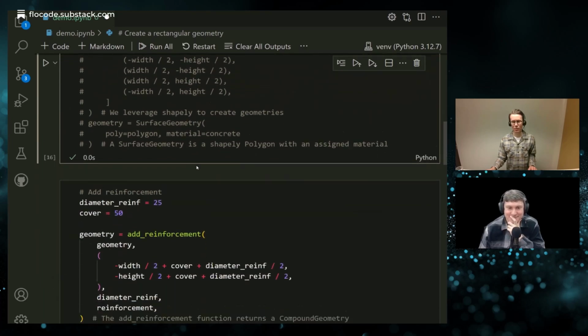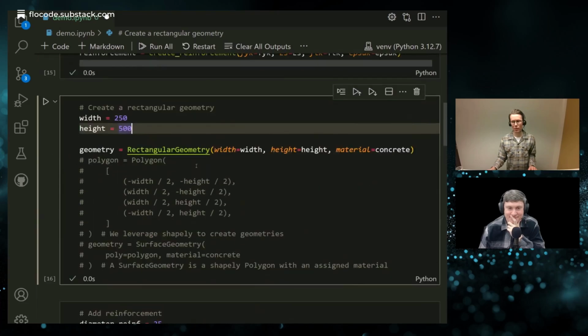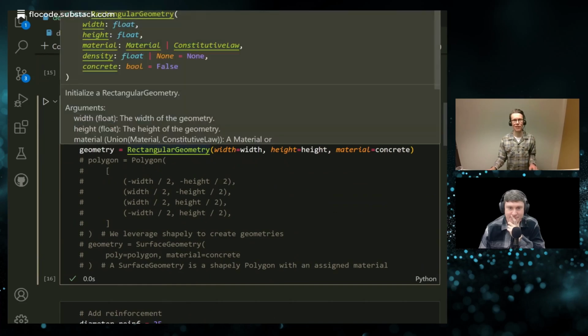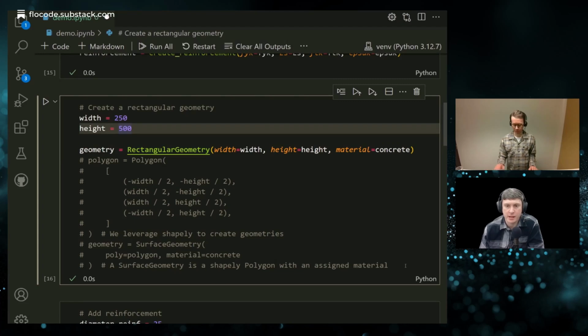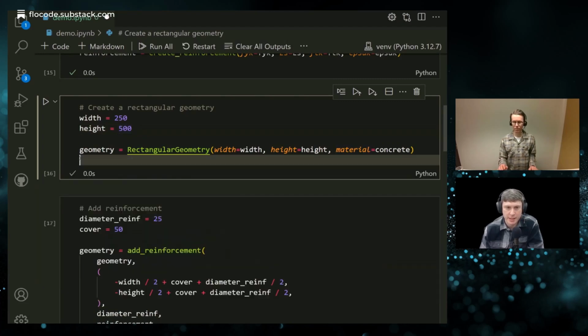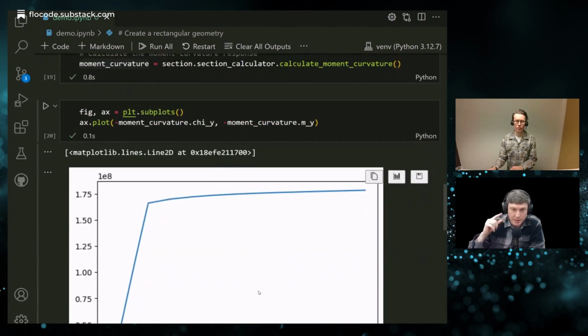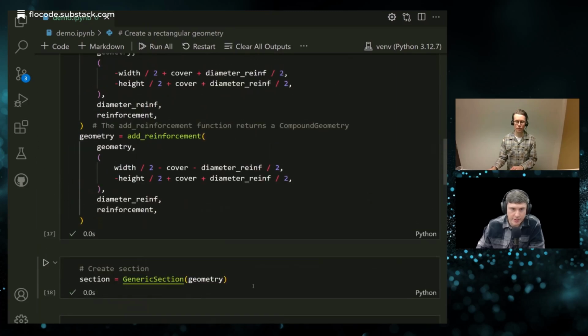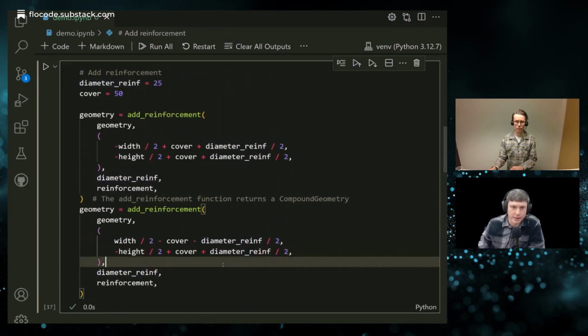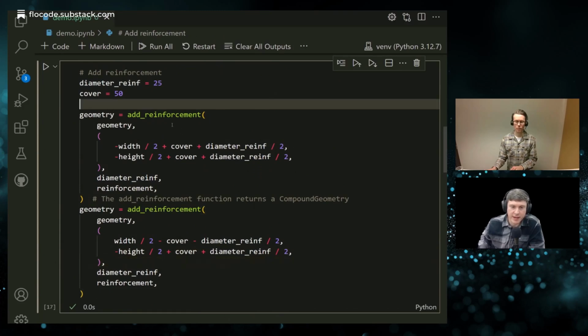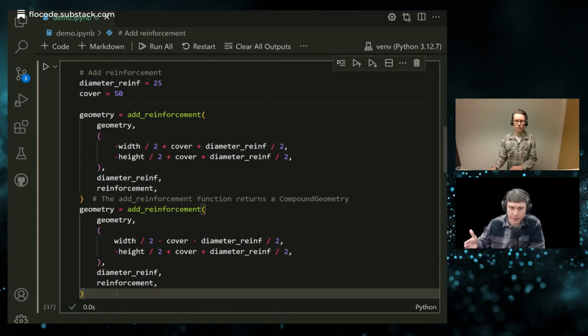But yeah, so my point here was that we can use these wrapper classes for creating geometries a bit more easily. So that's a quick way of creating a rectangular cross section. And then when you go back down to where you're defining where your reinforcement sits, you've got your cover and your diameter, and then how is it defined, sort of your horizontal position of the bar?